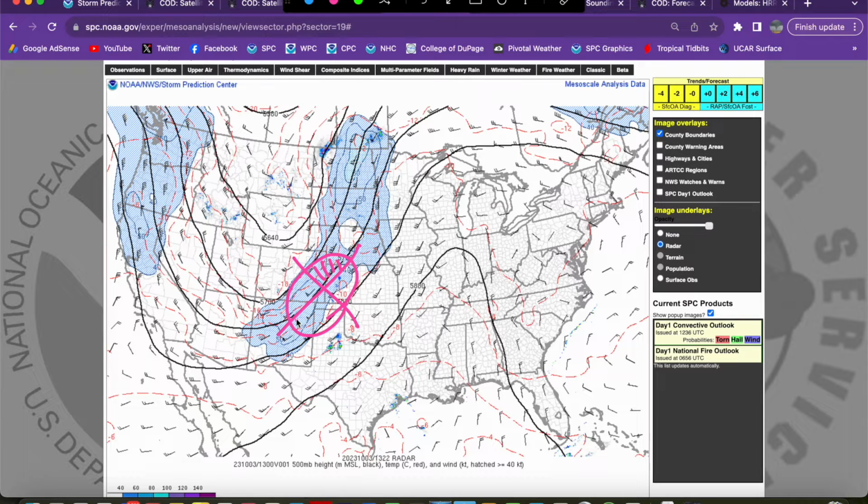Well, the same is true for the right entrance region. You get the same type of dynamics, same divergence, those winds spreading apart in the upper levels of the atmosphere, creating that void that the atmosphere tries to fill by bringing up air from below, and that causes the rising motion for ascent for storm initiation in a given environment. So the left exit region is the main one that we talk about, but the right entrance region is also talked about,